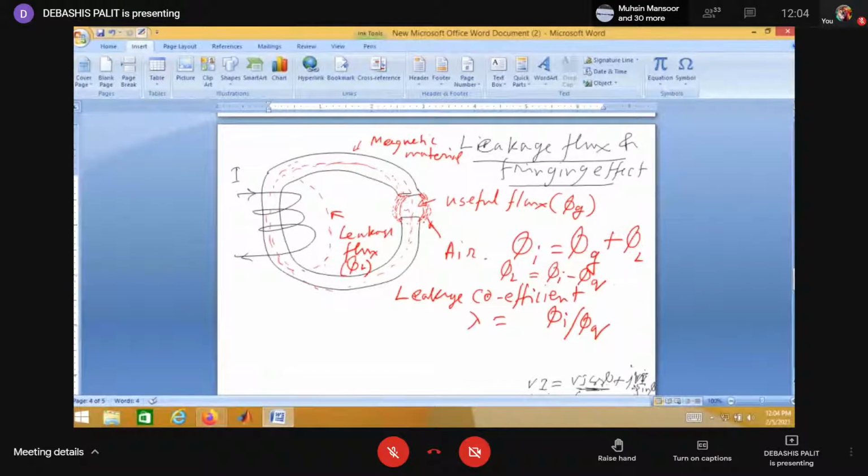But this is actually a three-dimensional figure. So this portion is sharp, but in this portion flux density is less. So flux is more dense at the sharp portion and less dense in the middle portion. So this is called the fringing effect in the air gap. Due to this fringing effect, at the sharp edge the flux becomes more dense and at the middle portion becomes less dense. So this is your fringing effect or fringing field effect.